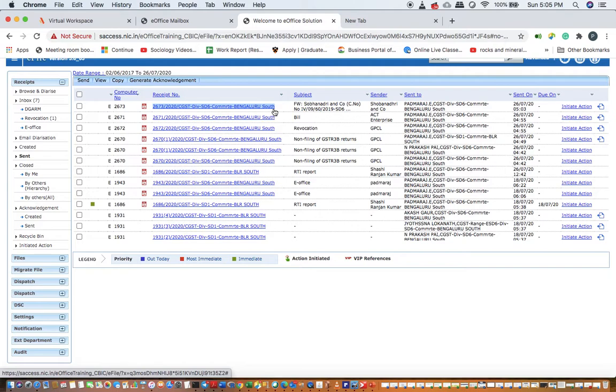I have shown how a physical copy is scanned into the desktop and it is diarized and sent, how multiple receipts are sent, and how a Tapal that has come to email is forwarded to the personal mail ID of the CRE officer. Then it is diarized and it is sent to the AC. So this is the inward process of Tapal. I'll get back with the dispatch, that is the outward process of Tapal, in a short while. Thank you.